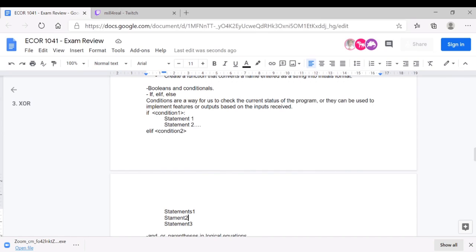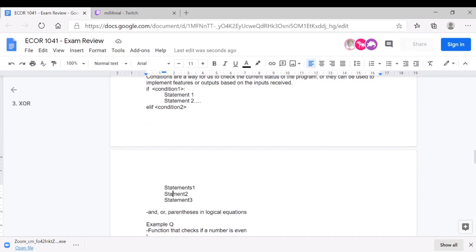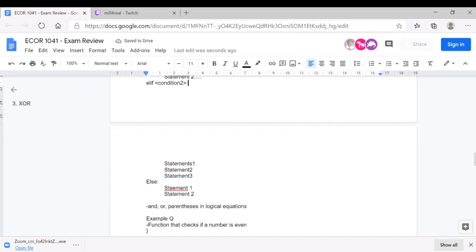The goal of an if, elif, and else is always trying to gauge how you need to manipulate your outputs. And obviously, there's always a last condition that you have when all conditions fail. So we could have multiple elifs, but if everything fails, all conditions are not true, they don't satisfy, we finally have an else that decides, okay, something at the end that we do if nothing works. So it could have its own sentences, statement 1, statement 2, etc. So that's if, elif, else in very brief.